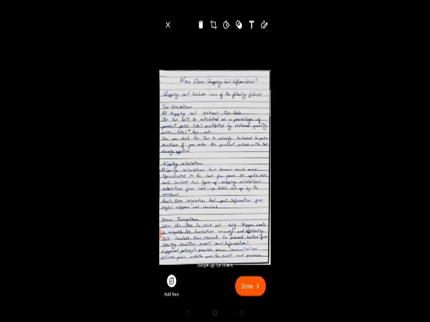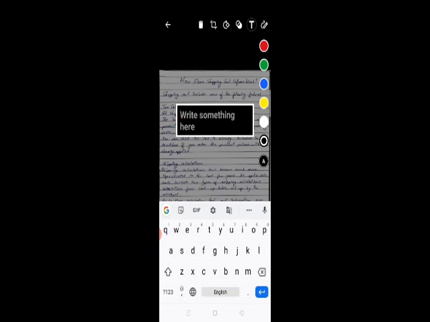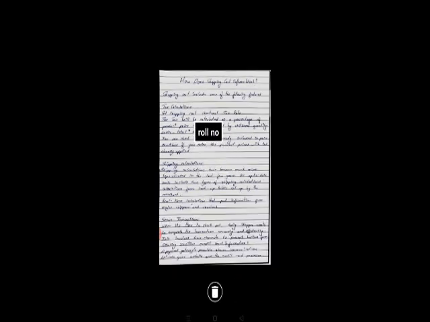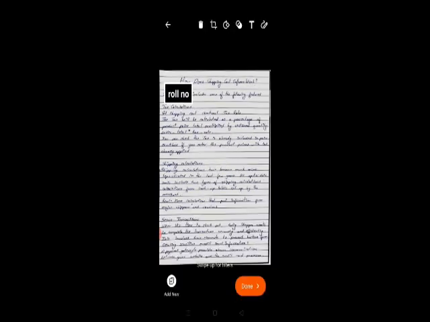And the next option is text option. Use this option only if you need to add some text into the scan page. You can type the text that you want to insert inside the scan page. Then you can decide the position where you want to display it.